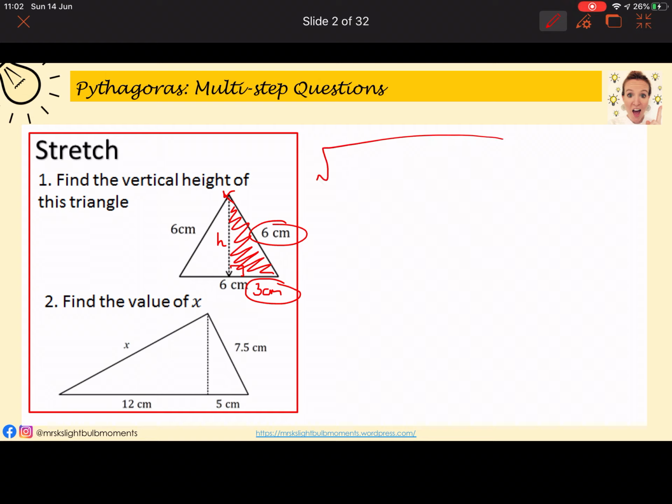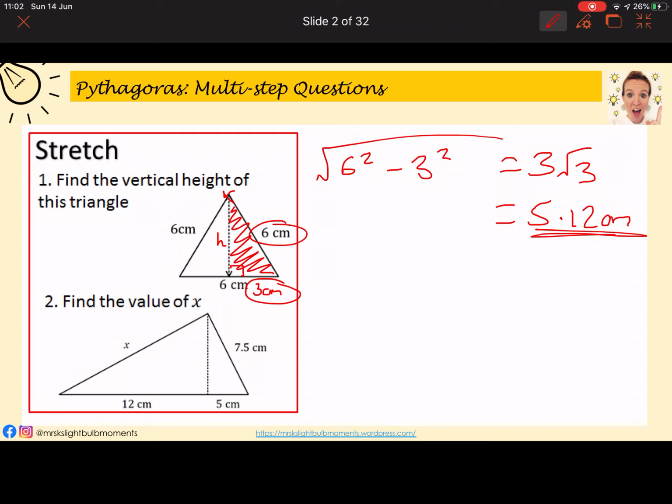So we're going to do the square root of 6 squared minus 3 squared. Okay, and that will give us 3 root 3, which in decimal version is 5.12